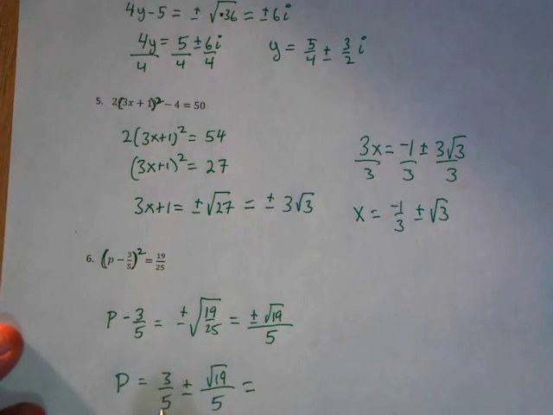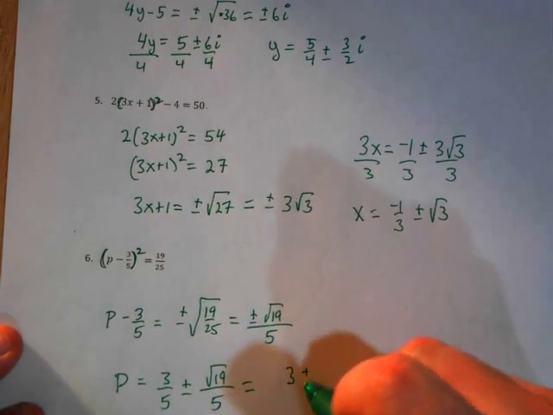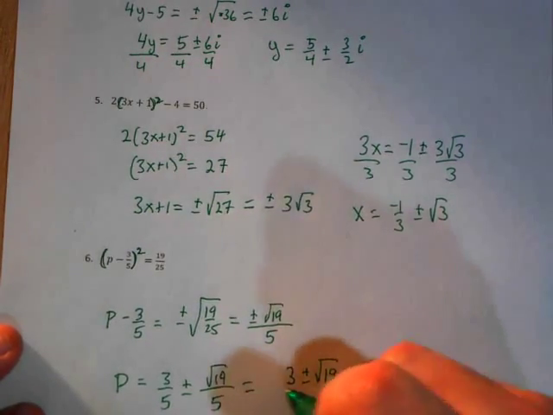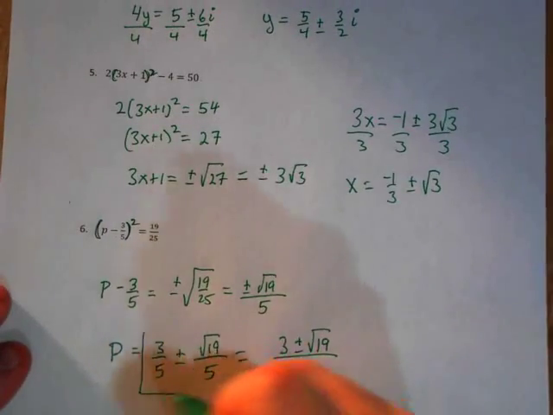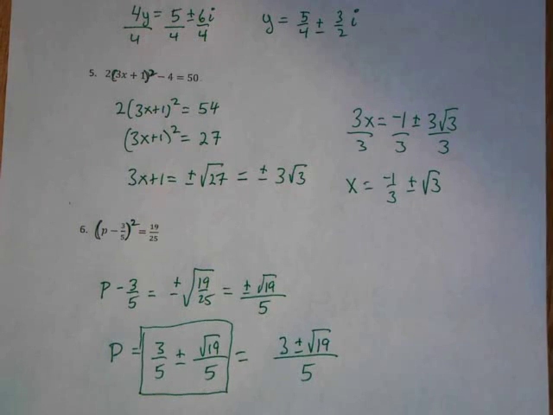Now, since these have the same denominator, I would probably go ahead and write it as 3 plus or minus the square root of 19 all over 5, but it wouldn't matter. If you left your answer just like this, it is 100% correct, and you will receive 100%